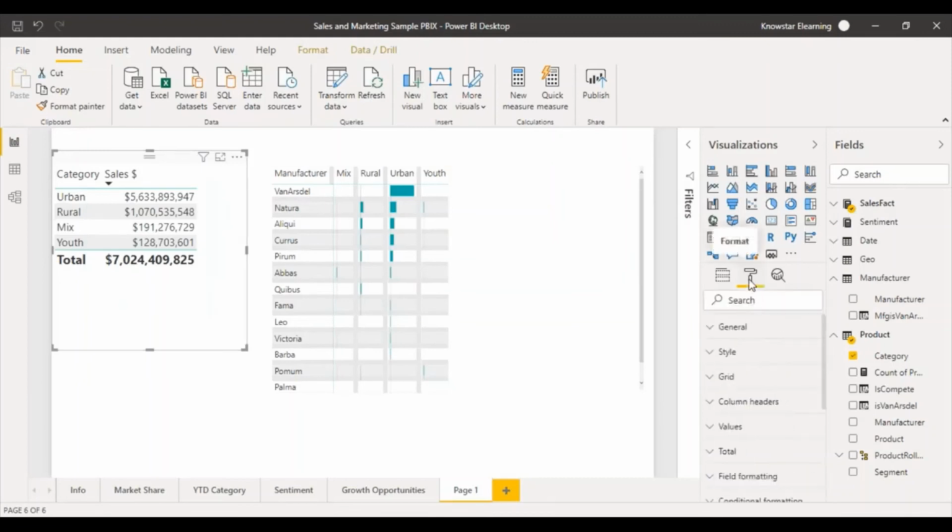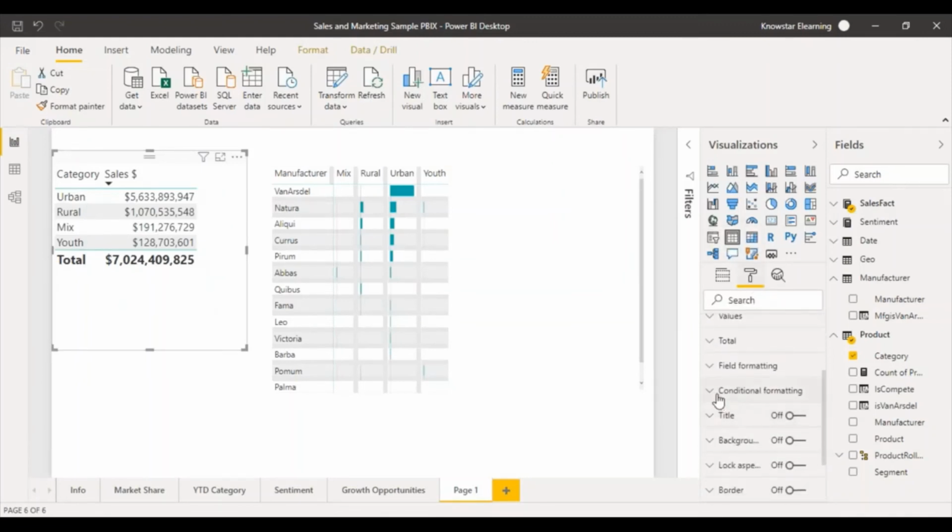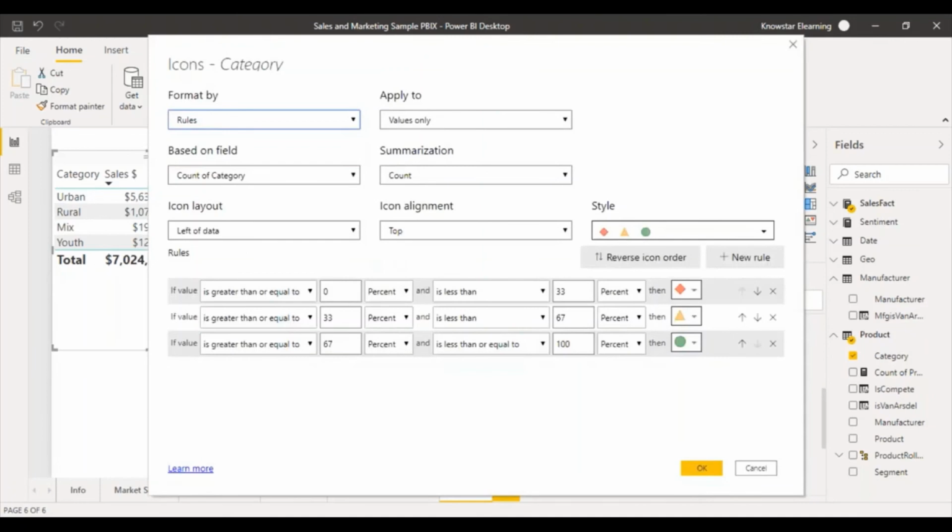Let's go to the format tab and go to conditional formatting over here. In the conditional formatting, okay, this doesn't have that option of bars. So this has the option of background color, font color, icons, and web URL. Okay, so let's try out the icons one on the table chart. Let's switch it on. What it is going to do is